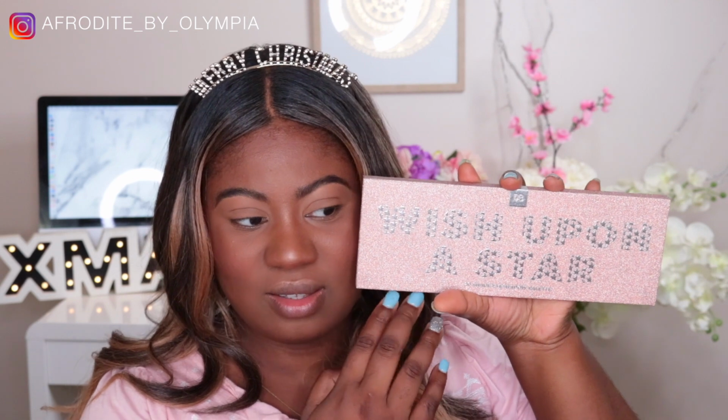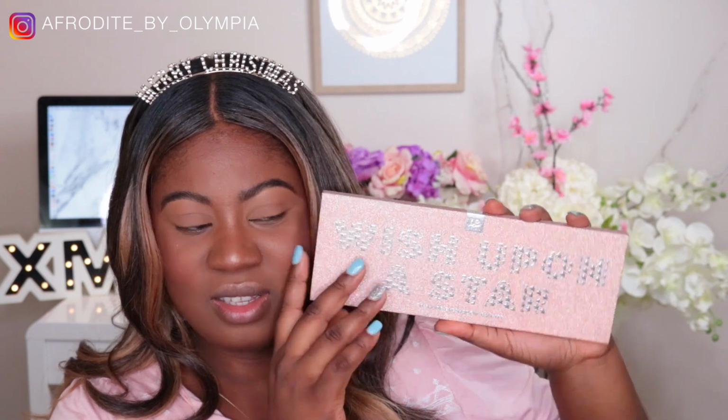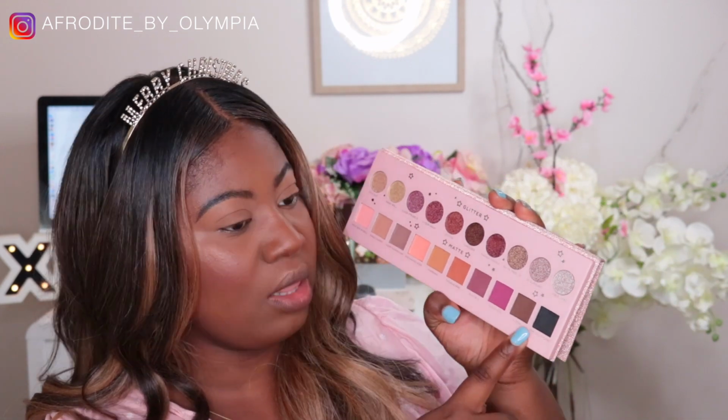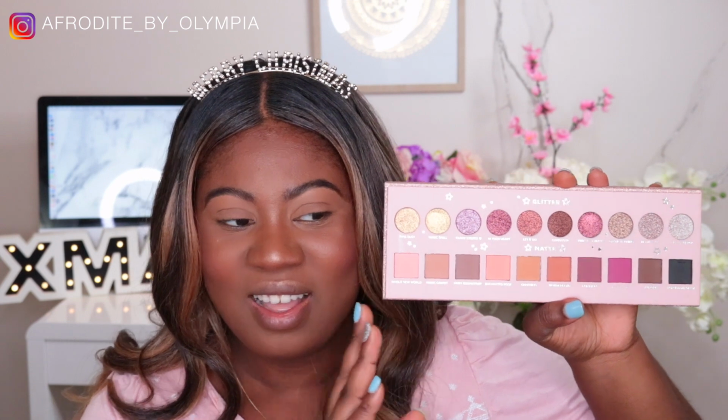I will be real with you. I kind of like this one here, Wish Upon a Star. It's very Christmas themed, sparkly. Oh my god, don't drop it. So cute. I reckon I'm gonna use this. There are some more mattes that I can play with. It looks like I'm gonna be doing another pink look. I know,